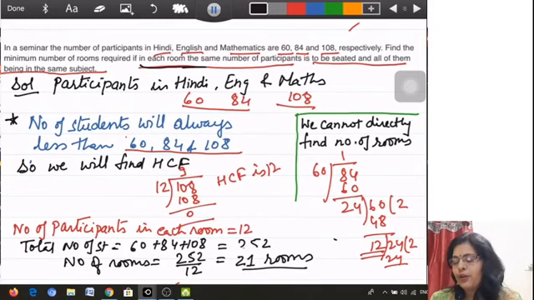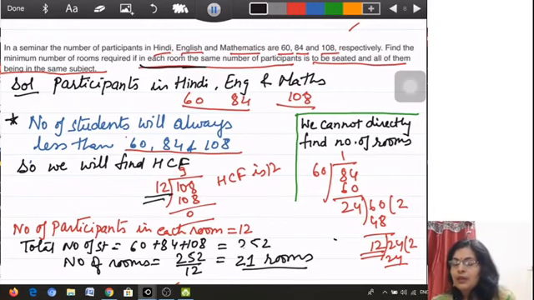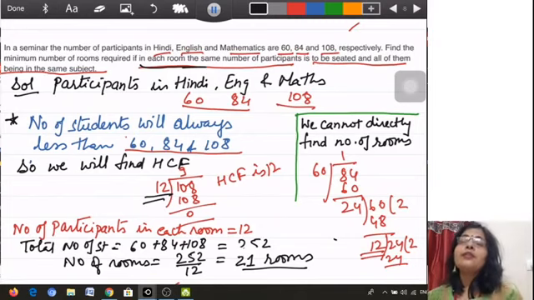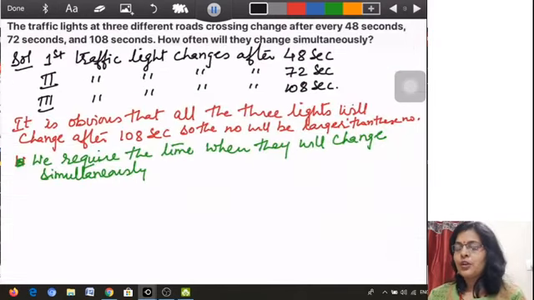So sometimes children write that number of rooms are 12. We have to first see what is being asked, whether it is exactly given in the question or we have to find it out. So I hope you all have understood this question. Now a little bit different type of question also I am discussing, very commonly seen in the examination.